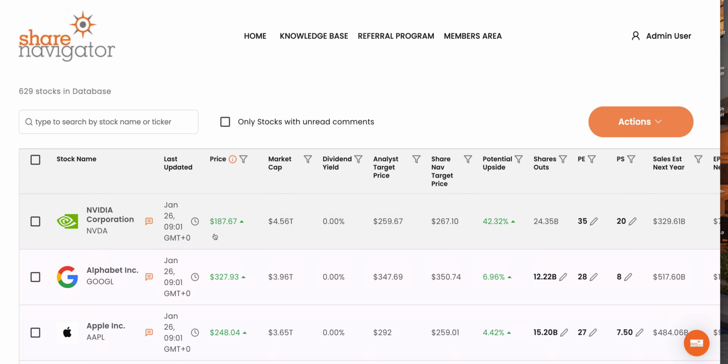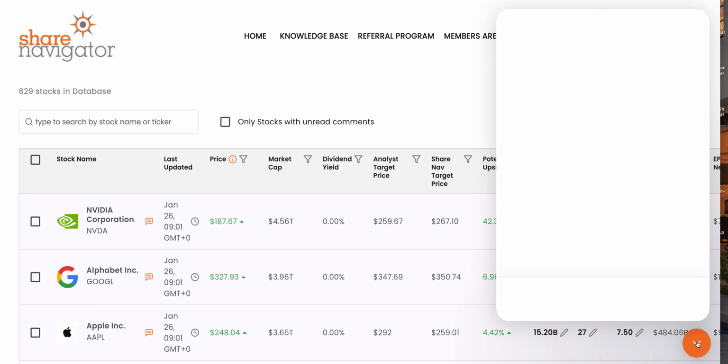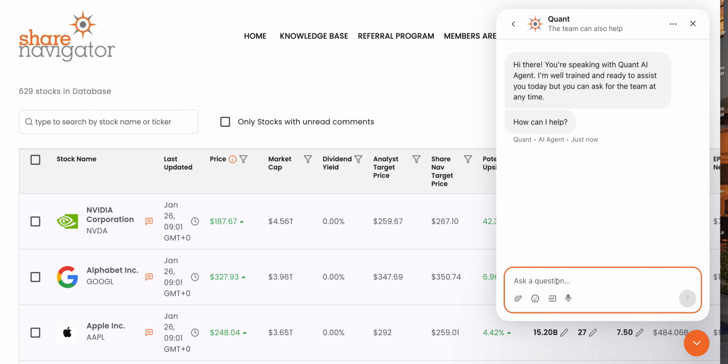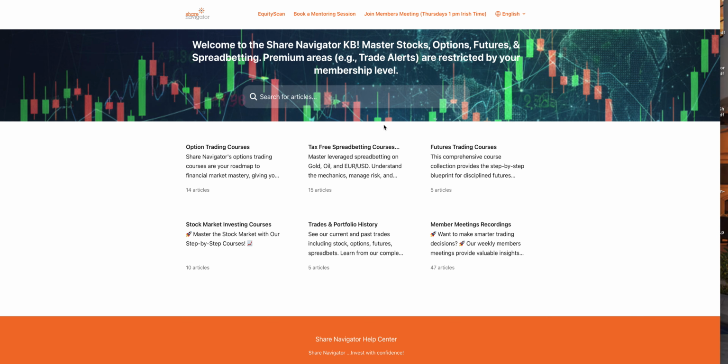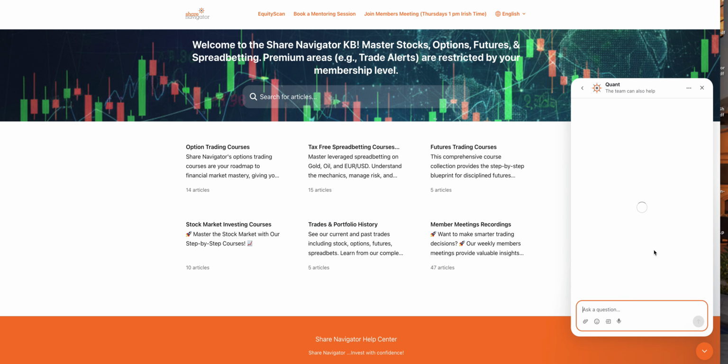So you can get it in Equity Scan. If you're logged in here and you need help from Quant, you can just click on the bubble in the bottom right hand corner and ask any question you want. The other place you're going to get it is in our knowledge base. That's where we hold all of our courses, and currently where we hold all our information on our trades and our portfolio history. Again, on the bottom right hand corner, just click on the bubble and you can ask Quant